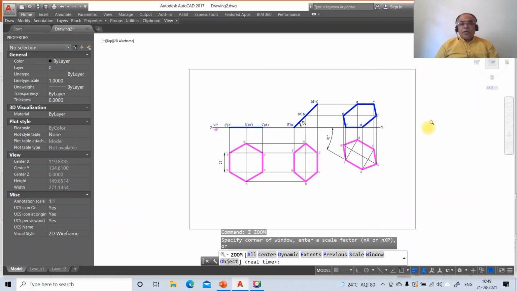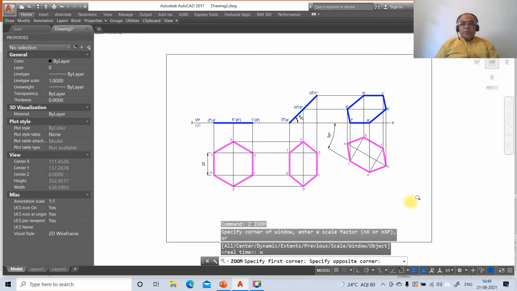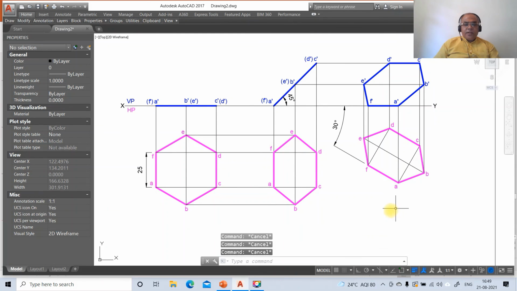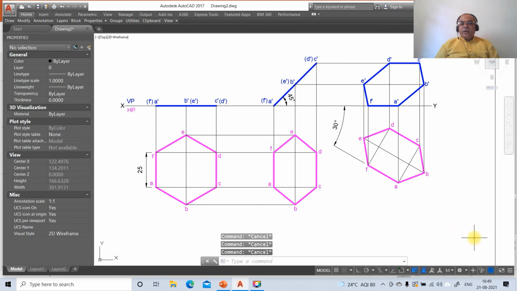So this is how you're going to have the zoom previous, and this is zoom window. So this is going to be the final solution, and this is how you will be able to solve this problem by using AutoCAD software. Thank you.